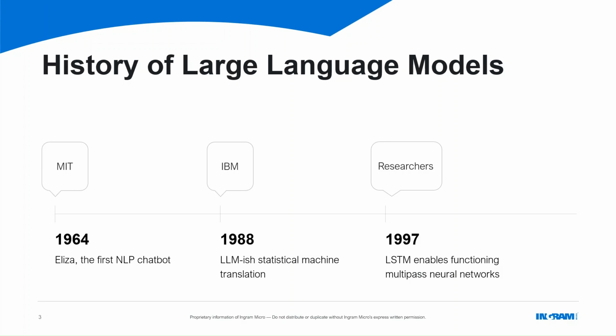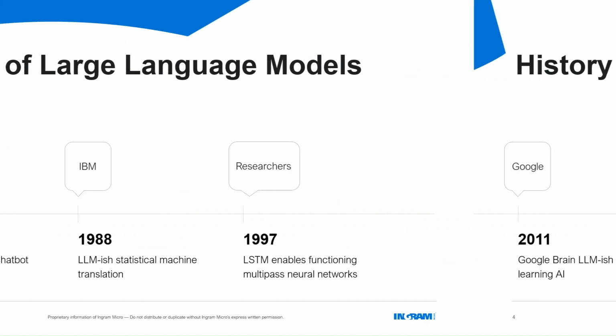Researchers in 1997, in various locations working together, came up with this thing called LSTM, long short-term memory. This was the idea that when we got an answer out of our statistical machine translation or whatever other method we were using, it did multiple passes at the same data through these neural networks. So you got a greater variety of answers that could be weighed together and thereby ended up more accurate in the end.